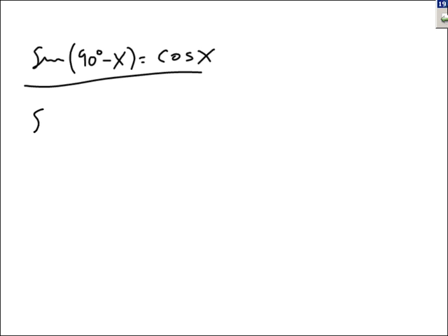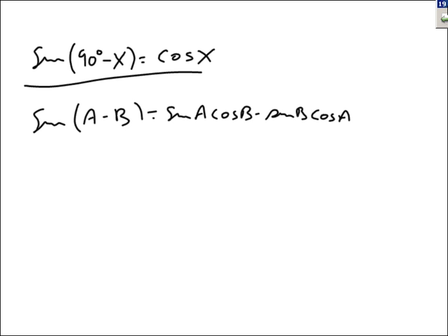Now, here's an interesting concept. I proved to you that the sine of 90 degrees minus x is the same as the cosine of x. Well, we can do it another way. We can prove it. Remember, the sine of a minus b